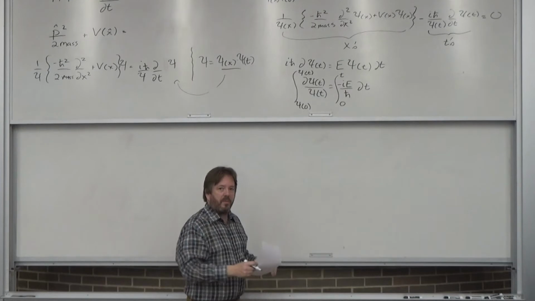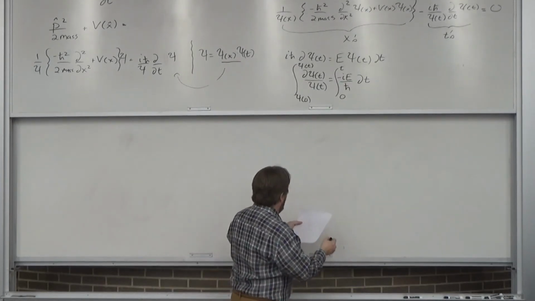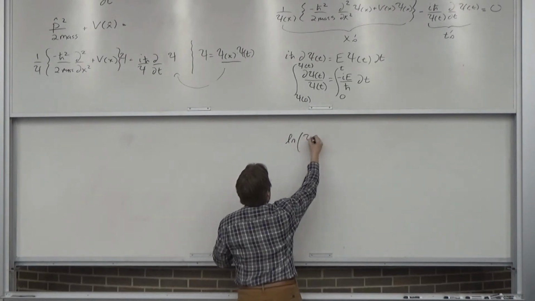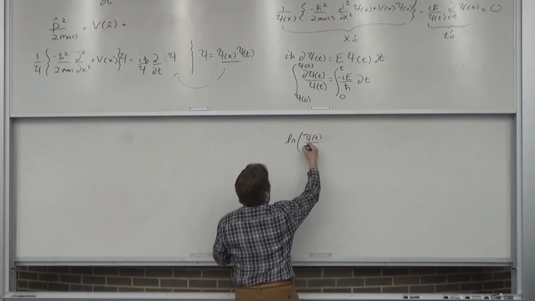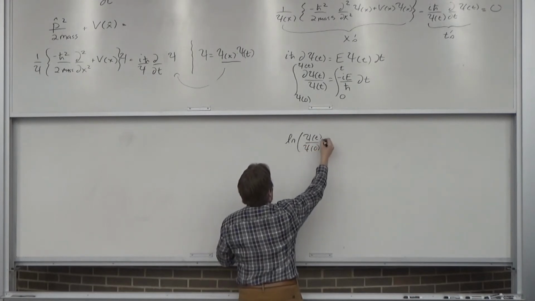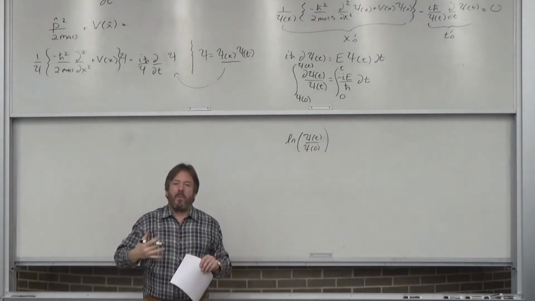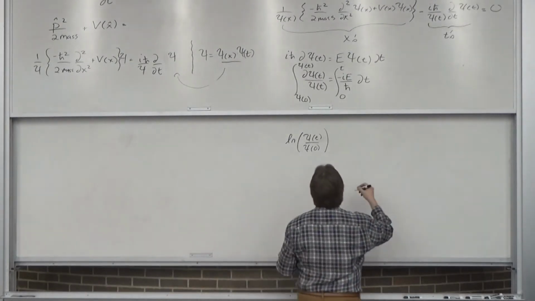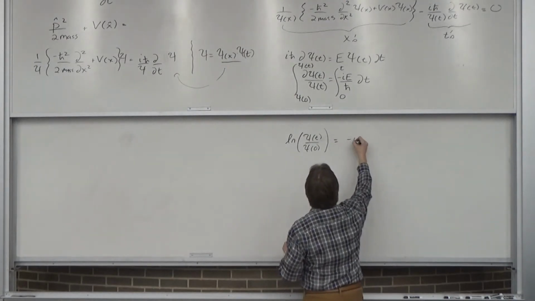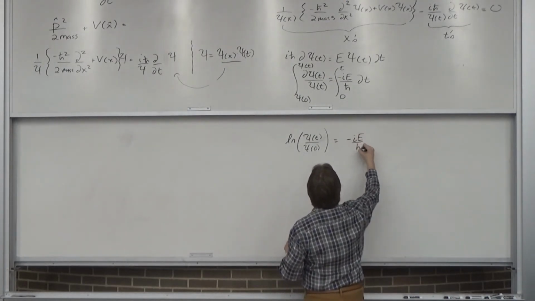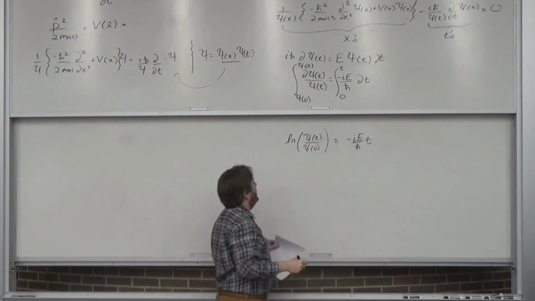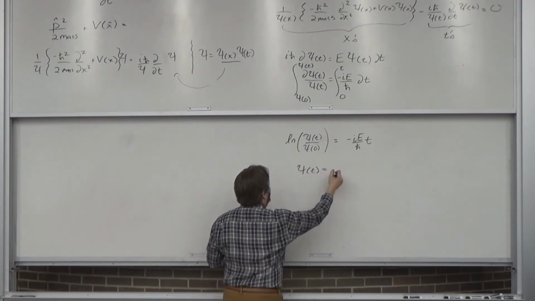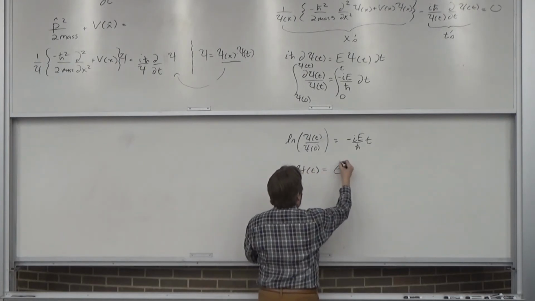I'll keep just working down. Anyway, so what do I get? Now on the left, that's the natural log, upper limit minus lower limit. When you're subtracting two natural logs, you can actually divide: ln A minus ln B is ln A over B. So that's why I did that on the right. And of course on the left, there's not much to it. It's just a bunch of constants. So there you go. Now I can take the exponential of each side and find that